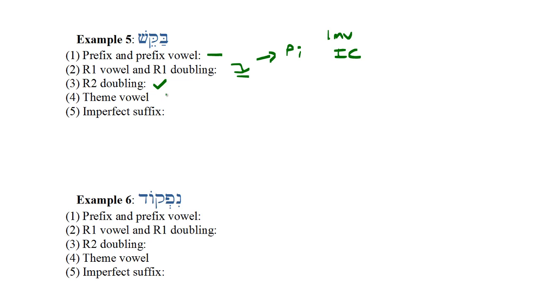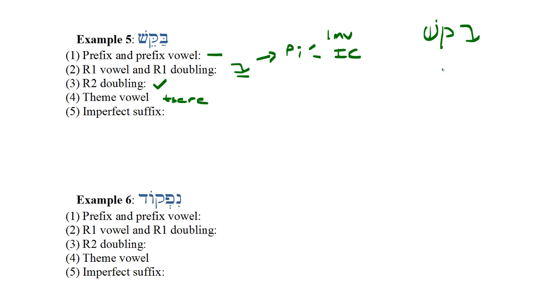The theme vowel is tsere, which we expect for a PL. That's the vowel that we have in the imperfect, and that carries over into the imperative and into the infinitive construct. There's no imperfect suffix, so we're looking at either PL imperative or PL infinitive construct of the root